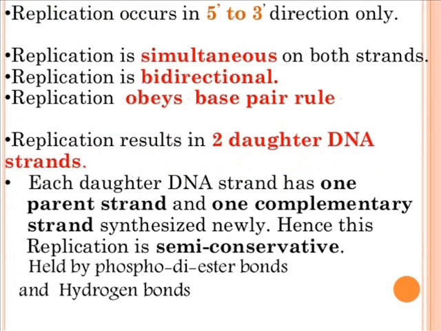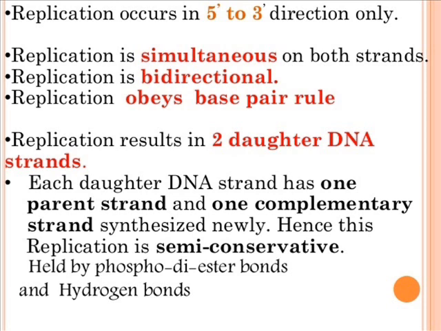machine. Replication usually occurs in a particular direction only, that is from the 5' end towards the 3' end. And the replication takes place simultaneously on both the strands of the DNA. Replication is hence bidirectional. Replication obeys the base pair rule, that is, adenine always base pairs with thymine and cytosine base pairs with guanine. So on the template strand, if we have adenine, in the newly synthesized strand, thymine gets added up. Similarly, if in the template strand we have cytosine, the guanine gets added up in the newly synthesized